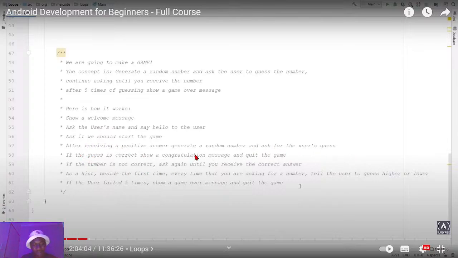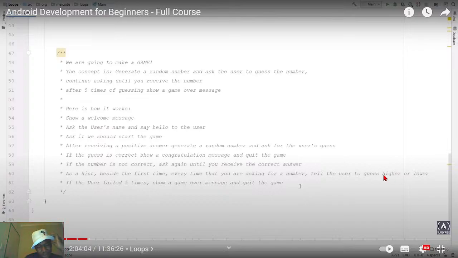After receiving a positive answer, generate a random number and ask for the user's guess. If the guess is correct, show a congratulation and quit the game. If the number is not correct, ask again, with a hint beside the first time. Every time you ask for a number, tell the user to guess higher or lower.